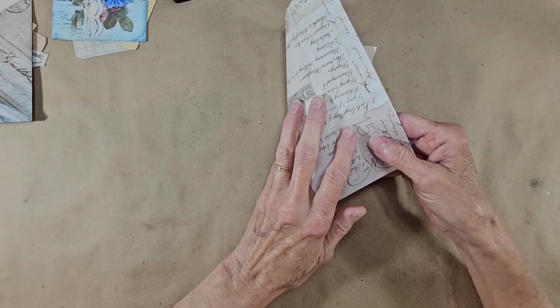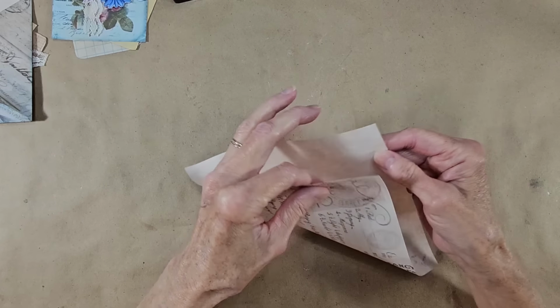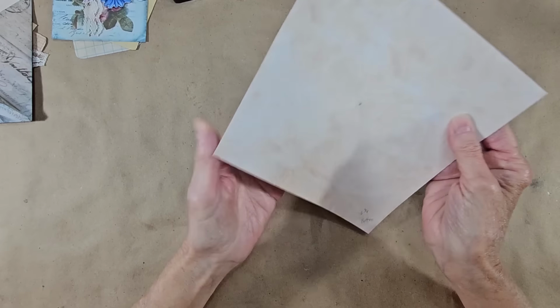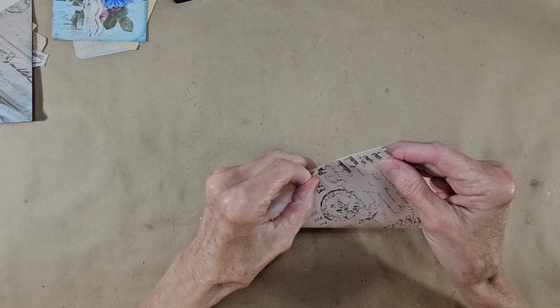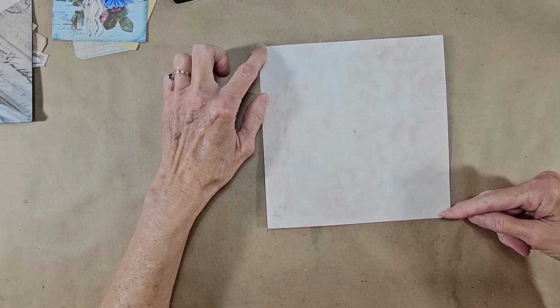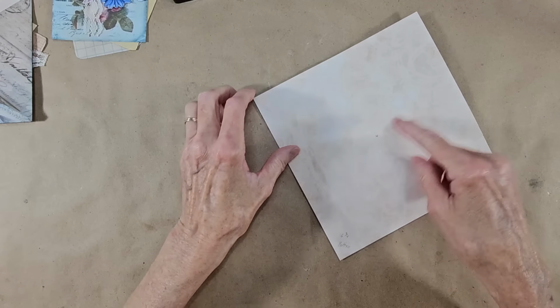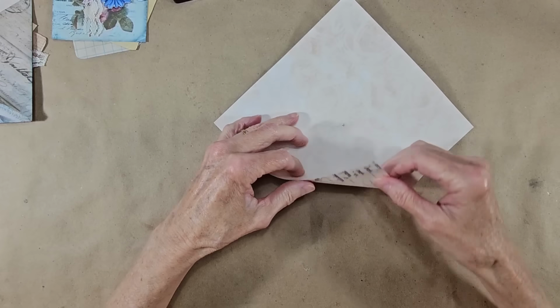So all I did was fold my paper in half, made my little crease, then I folded my paper up and I made another little crease, or you can do your ruler's edge to edge, and then I just made the little mark in the center. Now I marked this one as the bottom because